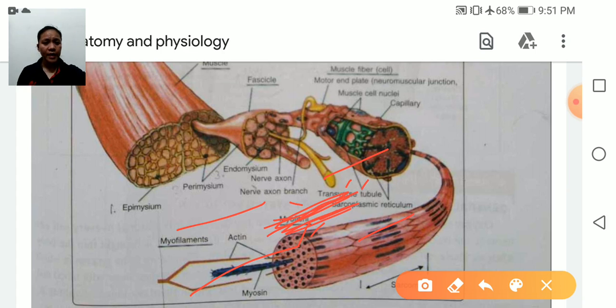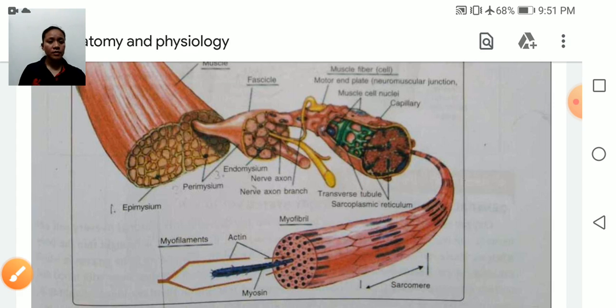This is the actin filament, this is the myosin filament, and this is the actin filament. They slide over each other. When they slide over each other, it leads to contraction, it leads to shortening of